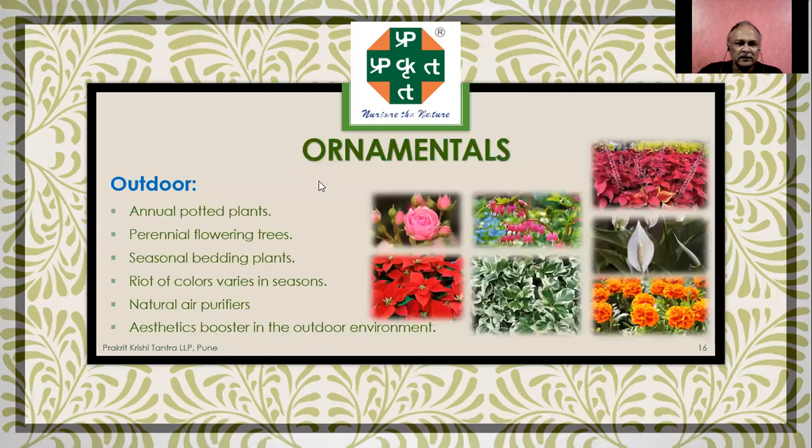And these are the plants like basil, catnip, chamomile, Chinese evergreen, citronella, coleus, lavender, Venus flytrap, many other plants are also there. Then outdoor, indoor plants mostly for the beautification, for aesthetic view, and in that there are flowering plants, whereas other foliage plants are also there. Some can be grown indoor also, and others can be grown outdoor. So multiple colors of foliage and flowers are there, riot of colors, so to say. Annual potted plants are there, then perennial flowering trees, seasonal bedding plants, and colors and natural air purifiers, because we have pollution outside also, not only indoor. Outside pollution also has to be controlled, and if we grow